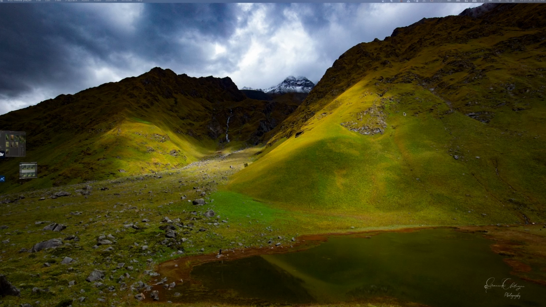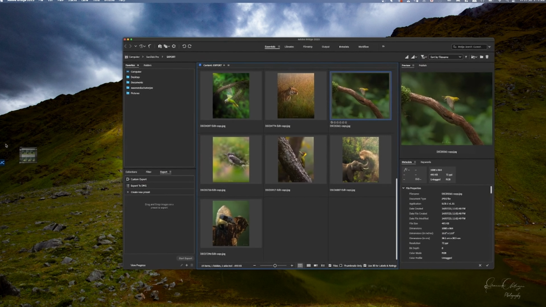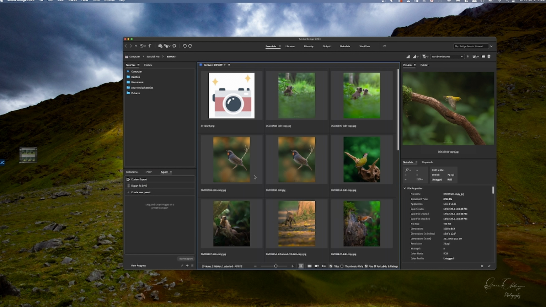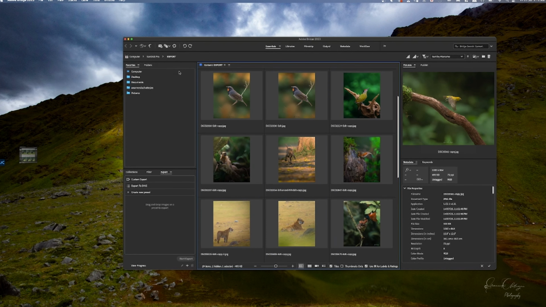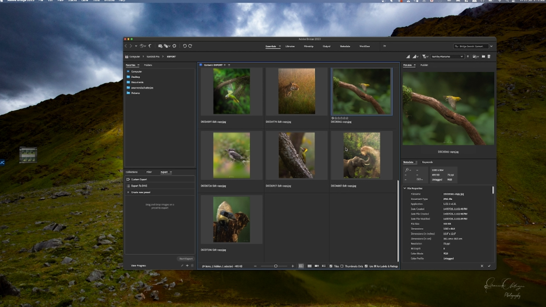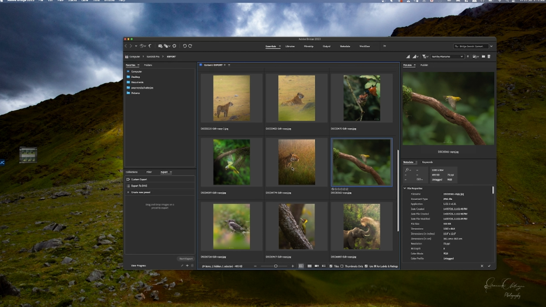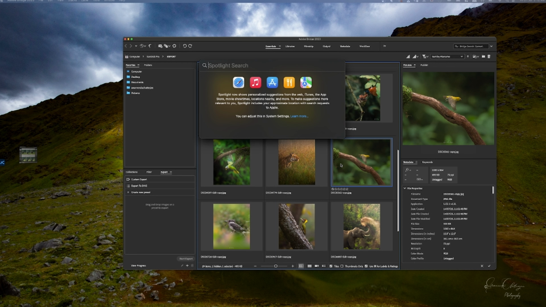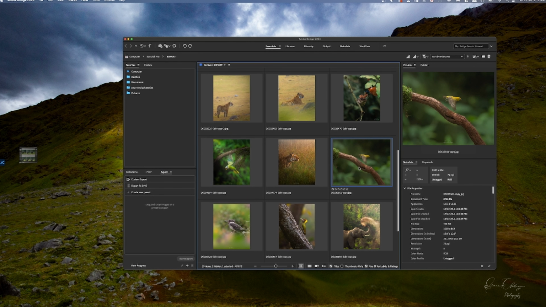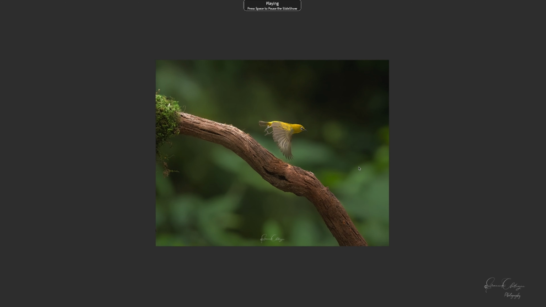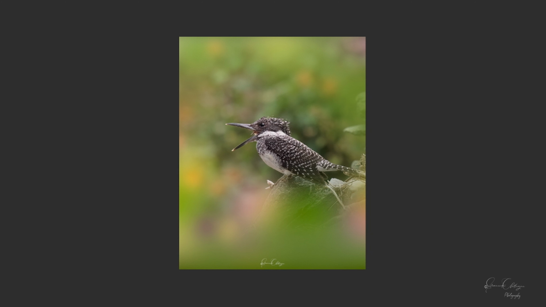I can show you the Adobe Bridge interface here, where if you go to a specific folder, it's going to show all the raw images or normal JPEG images, and by clicking Control L, you can make it larger and you can check whether your image is sharp or not by zooming it. Okay,